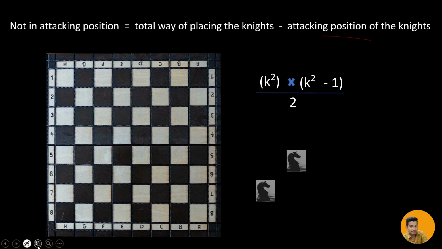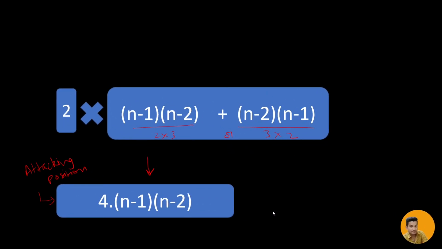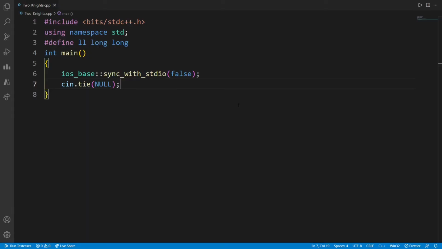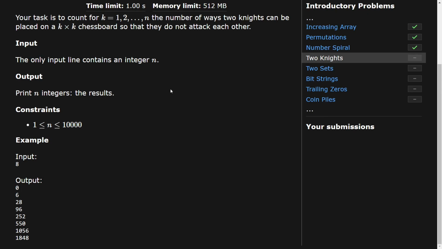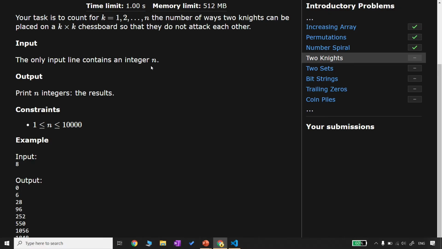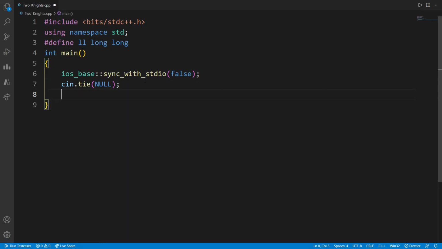So let's write the code of this and we'll have a better understanding. Okay, so here I am on VS Code, and let us see what the input contains: only an integer n. So we need to get the integer n, so we'll write int and initialize it with 0, and let's get the number from the user.